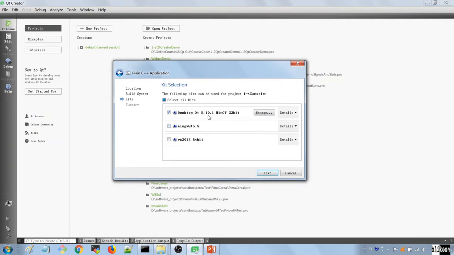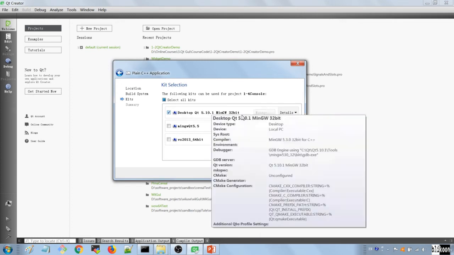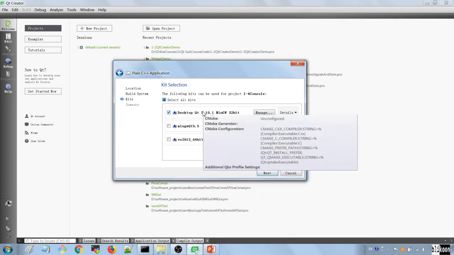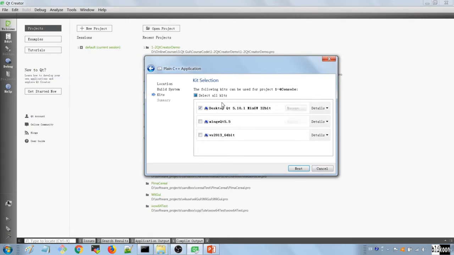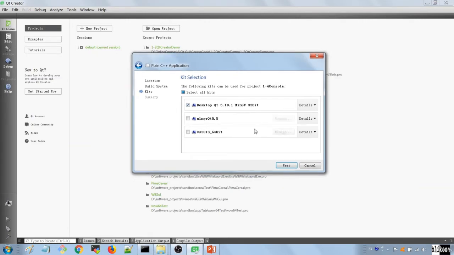I also have a kit for Qt 5.10.1, which uses MinGW as a compiler, and this is the one I want to choose. You should choose the latest version in this course. I am running Qt 5.5 here because I have a few projects that use it, but you should choose the latest version if you have no other reason to run an old version of Qt. So we hit next,